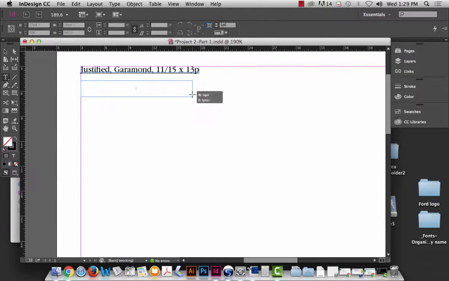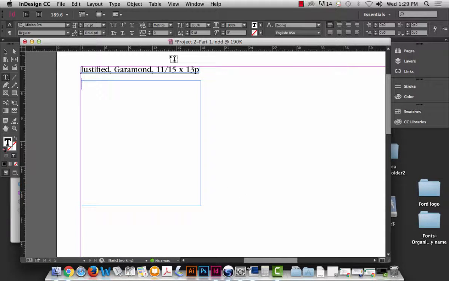Now, you will notice when you click and drag, there is a width and a height next to the cursor as it's dragging. Now, I don't necessarily like to labor over this and try to make the width exactly 13 picas because, one, it's hard to see those little letters and numbers. And two, you might get real close to it, but it will fuss with you between like 12p11 and 13p1 or something. So what I'll do is I'll draw a text box. It doesn't matter how big it is or how wide it is,